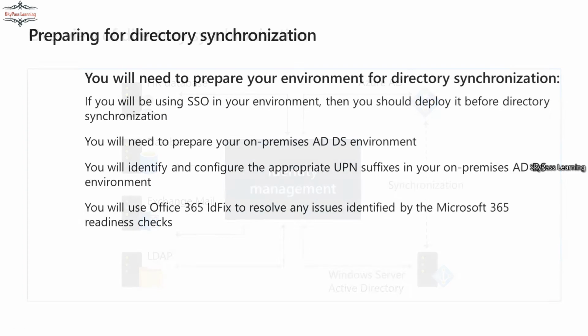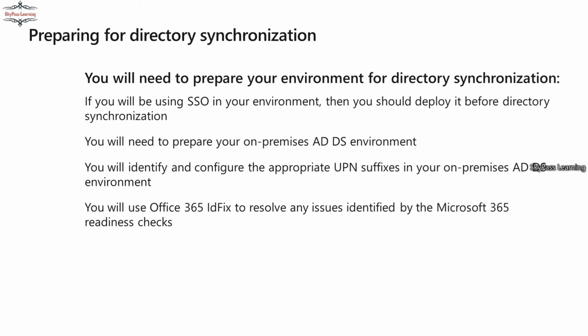I will show you how you can synchronize it. There are a couple of preparations that you require. You have to identify whether you are going to an SSO environment or not. You need to add a UPN suffix as per your custom domain, because your internal domain sometimes does not get published to the internet, and it's not recommended to publish your internal local domain to the cloud or a public environment.